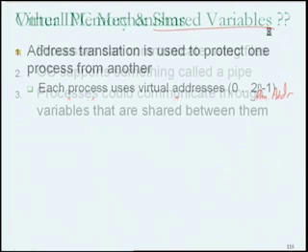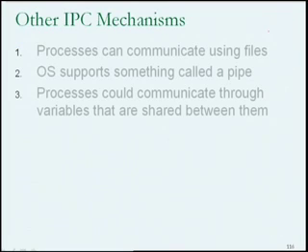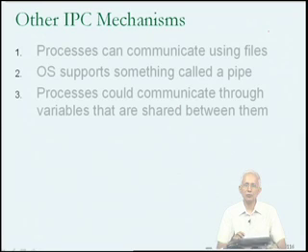Okay? So this is something which can be done, processes communicating through variables that are shared between them, but it requires explicit support from the operating system. By default, the operating system's virtual memory management mechanisms are going to protect processes from each other, and therefore this would have to be some kind of special mechanism which would be made available by specially declaring regions of memory as shared through various kinds of system call mechanisms. So let us assume that this is possible, and on the systems that we are dealing with, we could find out how to set this up.